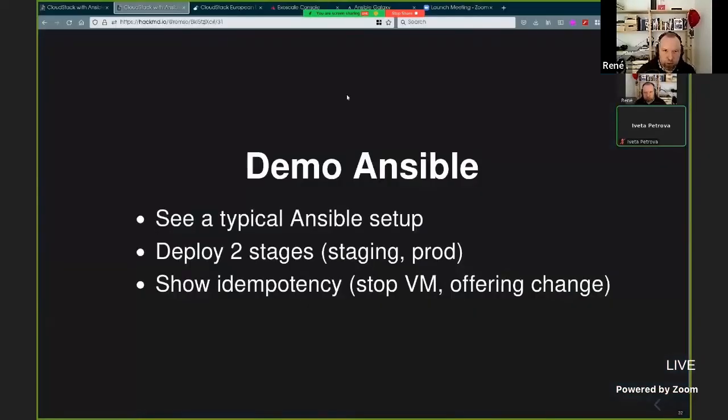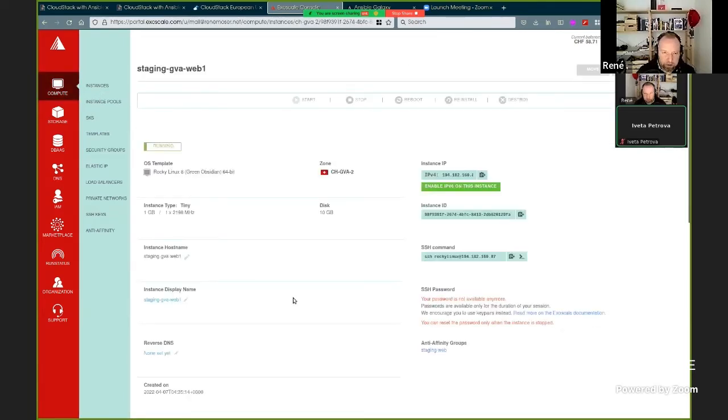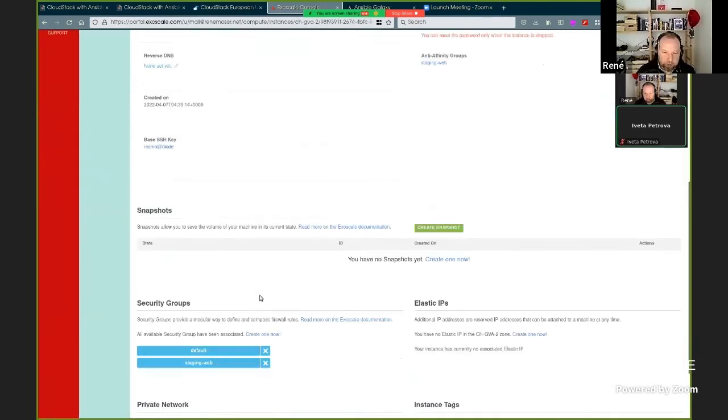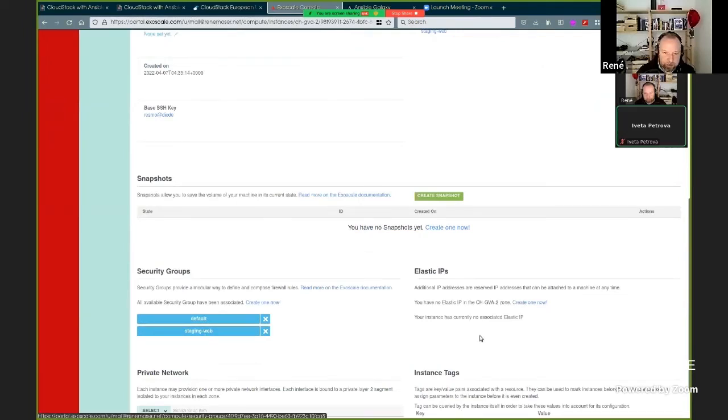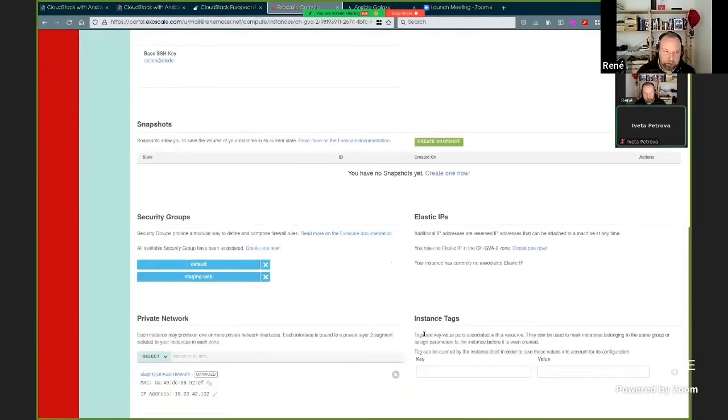Okay, so we change to our Exoscale UI. You can see we have a web server already running, which has a security group staging web, and is also in, where is it?